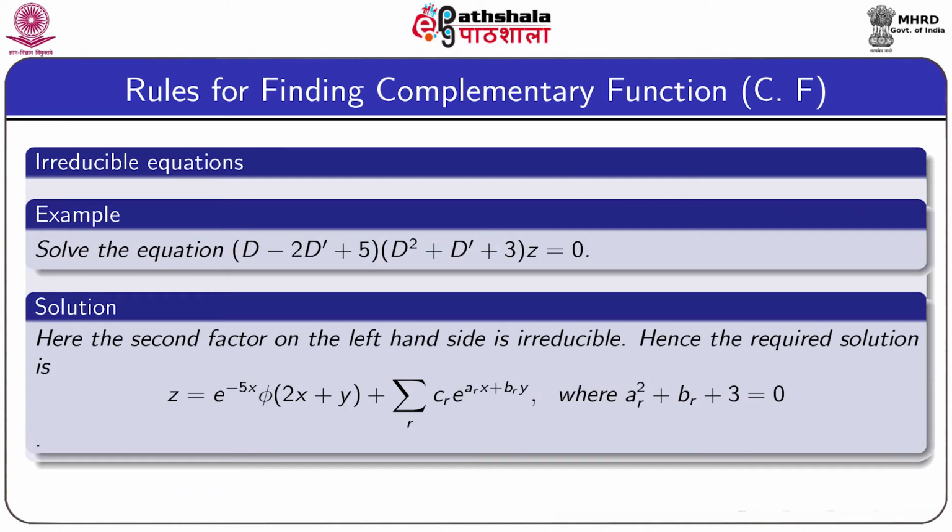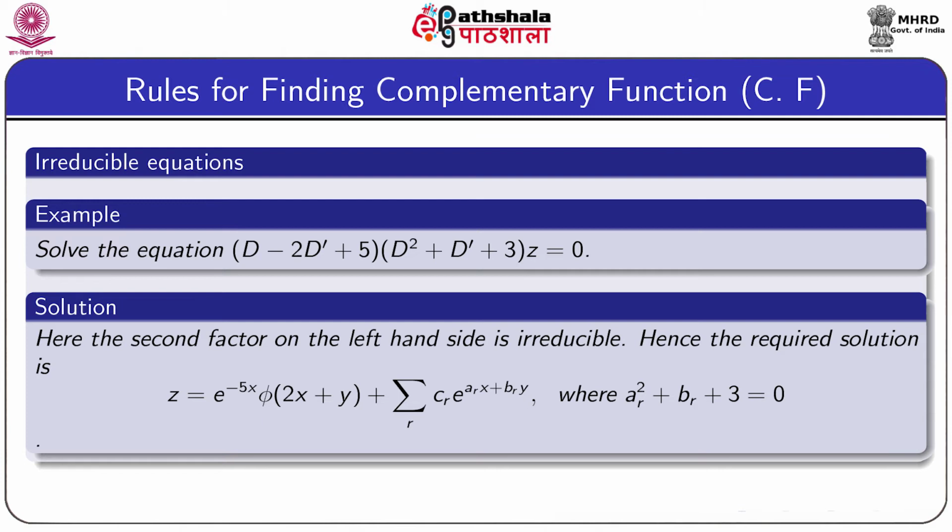So, in this example, if you see the first factor, this is reducible because the first factor is a linear factor, but the second factor is not reducible. That means that factor cannot be written as the product of two linear factors. So, for that case,